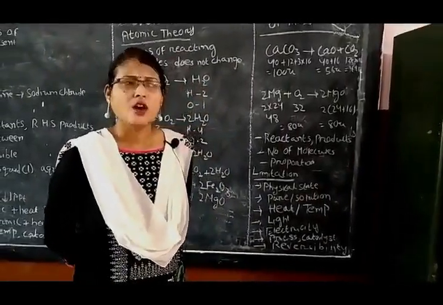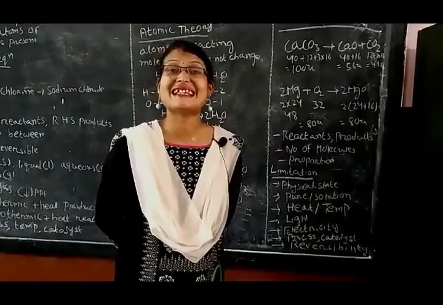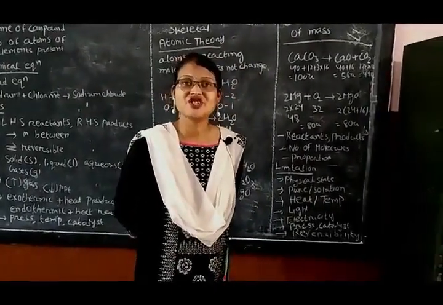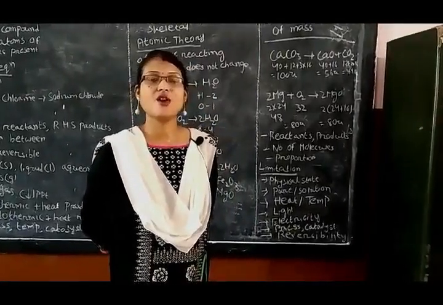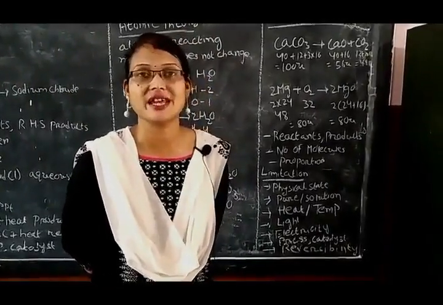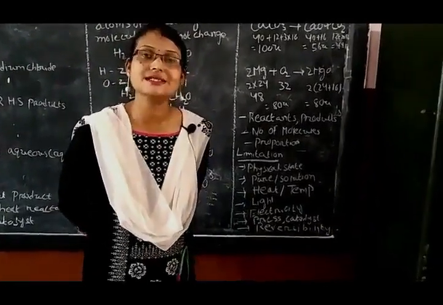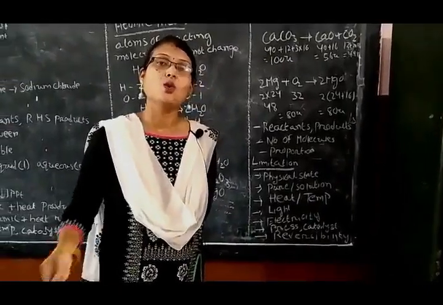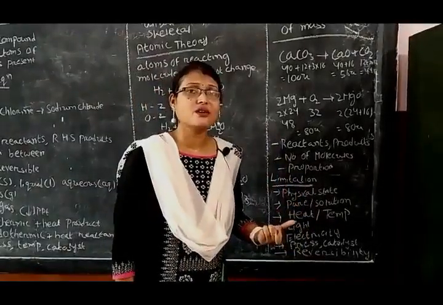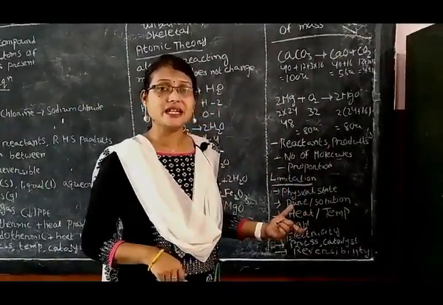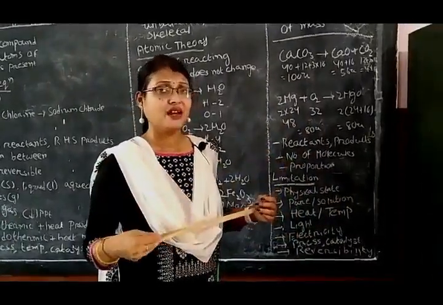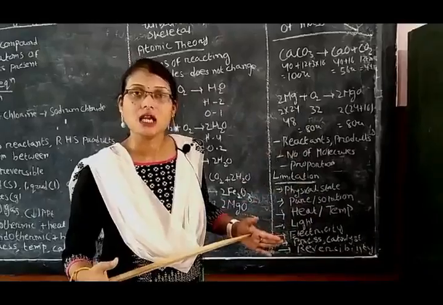Or there are a lot of chemical equations where catalysts are used. A catalyst is a substance which either speeds up or slows down the chemical reaction without itself undergoing any change. If it speeds up the reaction, it is called a positive catalyst. If it slows down the reaction, then it is called a negative catalyst. So it is very important, no? It should be written in the chemical equation. So that is the most important limitation of writing a chemical equation.